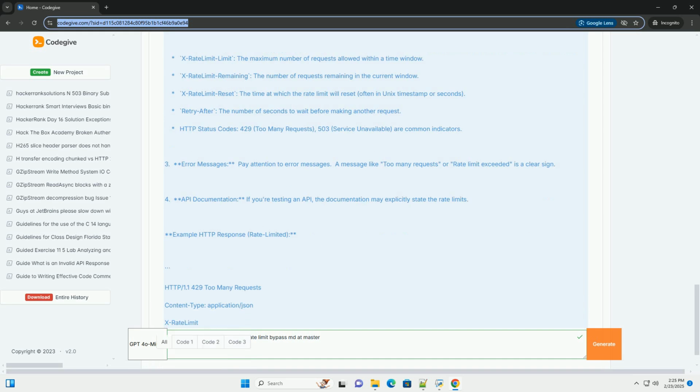1. Introduction to rate limiting. Rate limiting is a crucial security mechanism used to protect web applications and APIs from abuse. It limits the number of requests a user, or a set of users based on specific criteria, can make within a specific time frame. This helps prevent